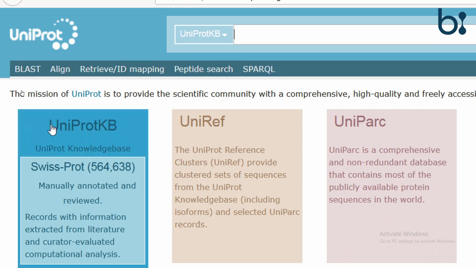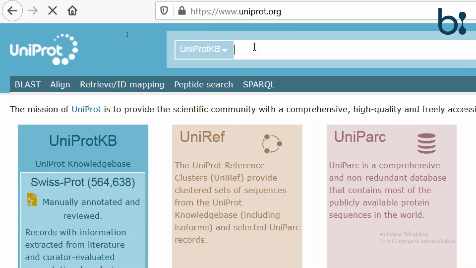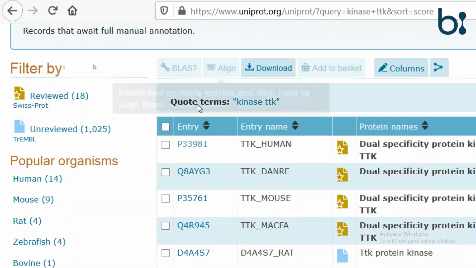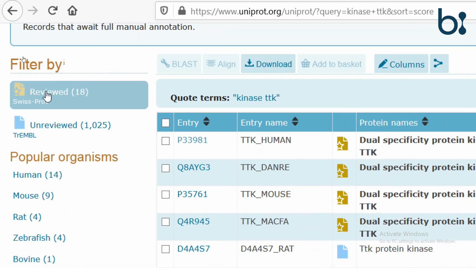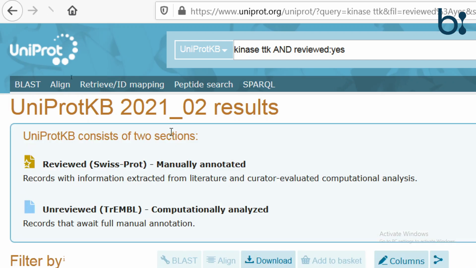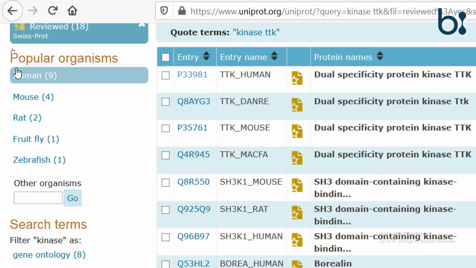And we will search in the curated database. First we will search for the kinase TTK. Okay, so we will take the reviewed, which is curated, and for humans.